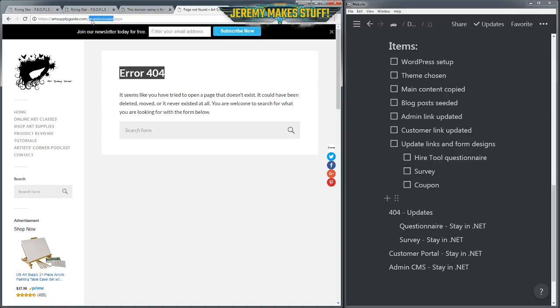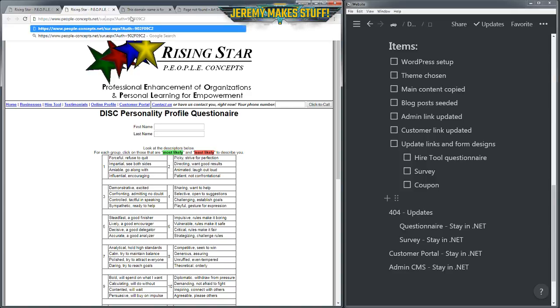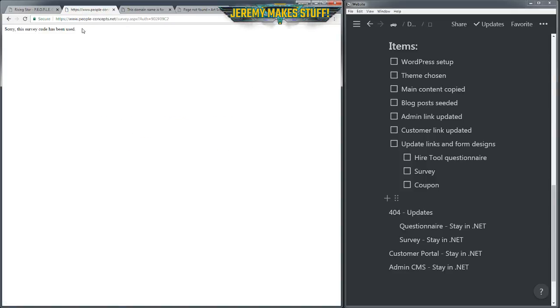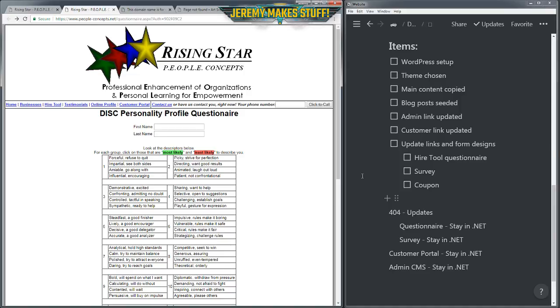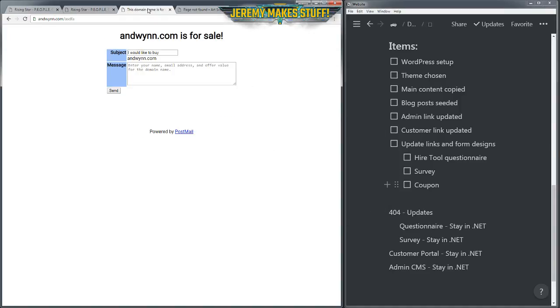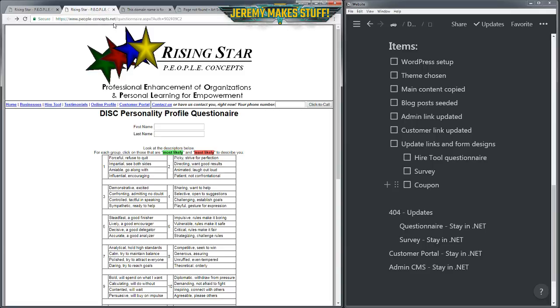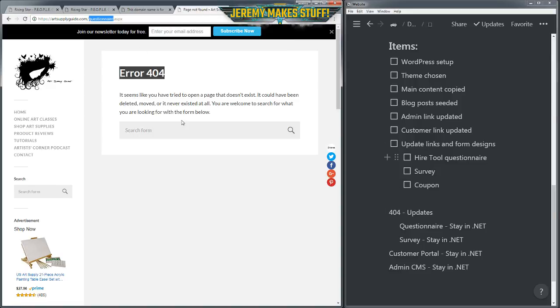And if it's attempting to get to questionnaire.aspx or survey.aspx, actually, I think it's survey.aspx. Yeah, it says this survey code's already been used, because that's actually an auth code for the questionnaire. But anyway, if somebody had the old link, peopleconcepts.net/questionnaire.aspx with the auth code, it's going to hit the 404 page on the new WordPress site.